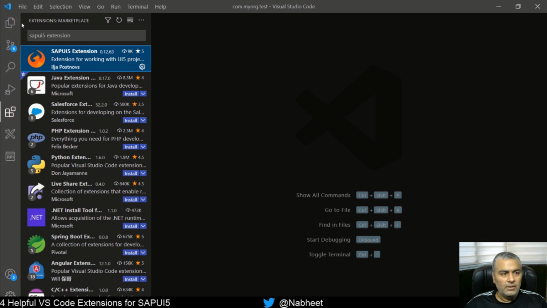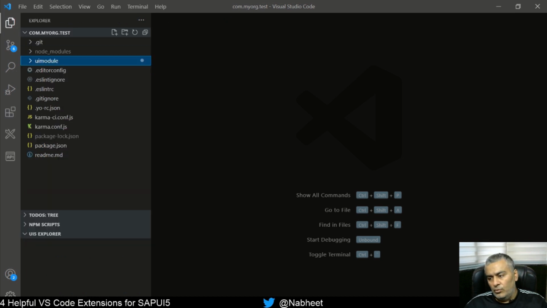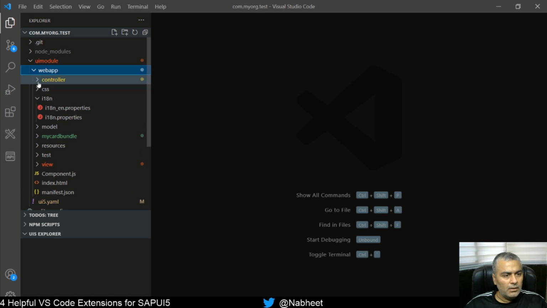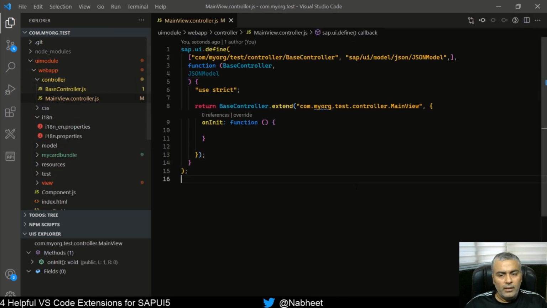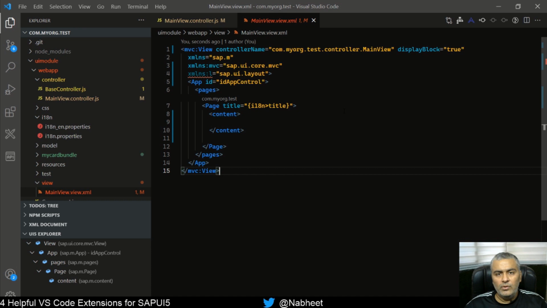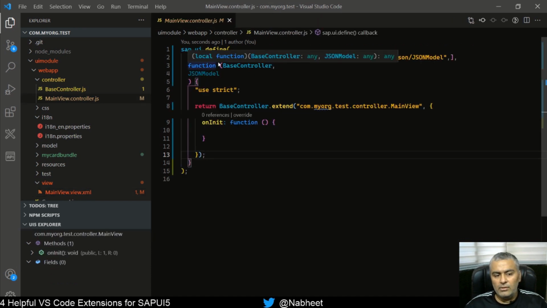To see it in action, let's go here. Maybe this is a standard app generated by a generator. Let's say I open a controller, and if I want to go to the view, I have to click here and go to that place. Rather than that, you just press F3, you are in the view. And if you are in the view and want to go to the controller, press F3, you are in the controller, right? Which is very nice.